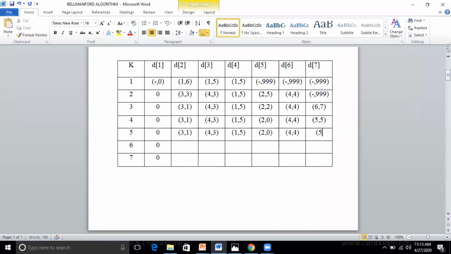Okay. 5, 3. Now in this, check whether any values have changed here. Only D of 7 is changed. So the remaining values remain the same as they are. If you want to calculate, I'll just write here, it remains as it is. Now you check, again do this iteration for D of 7. Again you get 5, 3 itself, if you solve.